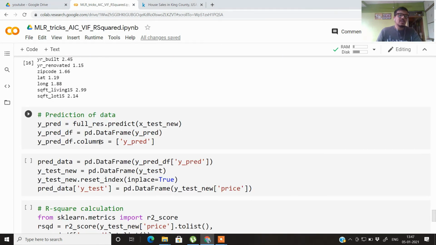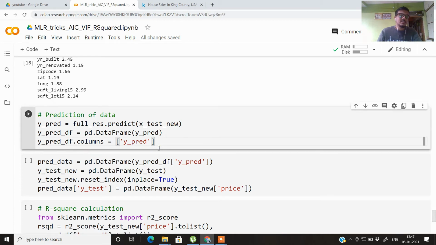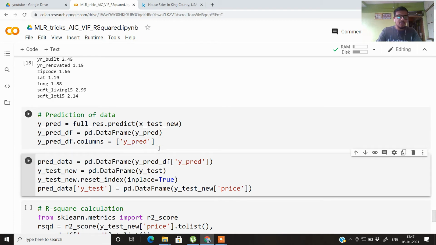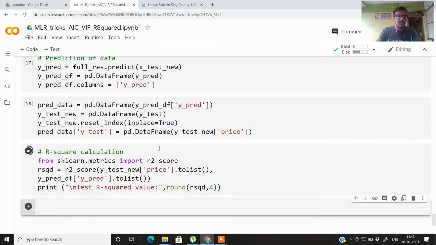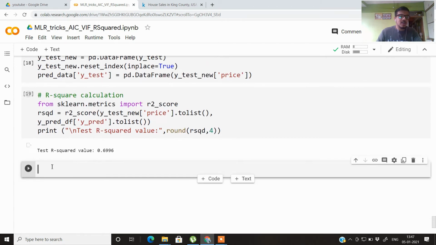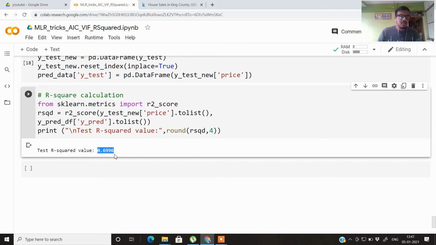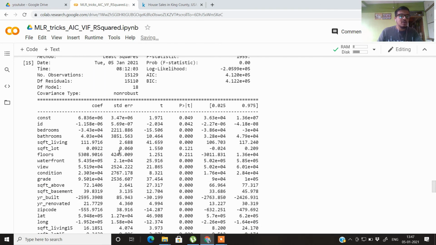So firstly, let's check the result of our model on the testing data set. So we will be creating the testing data set, and then we'll be checking the R square on the testing data set. So here you can see that the R square on the testing data set we are obtaining is around 69%. And in the next step in the backward selection, we'll be removing the insignificant variables. So here we have two insignificant variables. First is the floors, which has a higher insignificant value of 0.2, and the second is this square foot lot that has an insignificant value of 0.1. So first we'll be removing the floors.